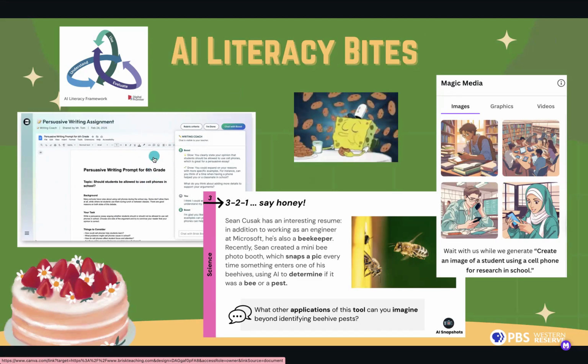Here's another way that you could do that. So Brisk is another tool that has a fantastic piece built in called Writing Coach, where it actually takes the student and it will say, hey, what are you working on? So if I'm doing an argumentative essay, for example, it's going to help me with, let's start with your statement that you want to do. Okay, what other ideas can you talk about?